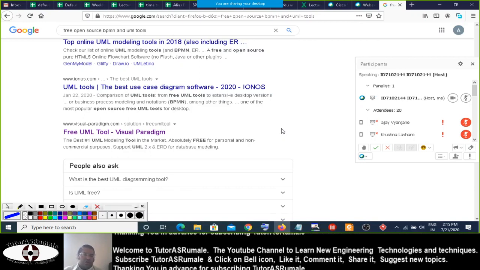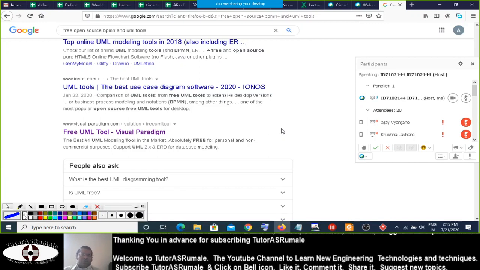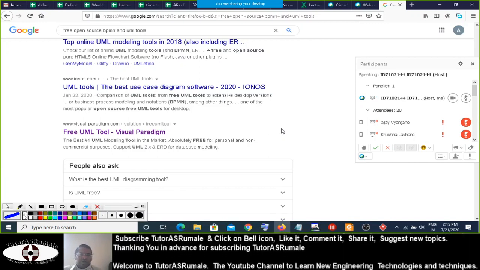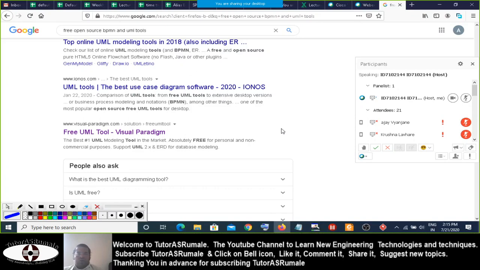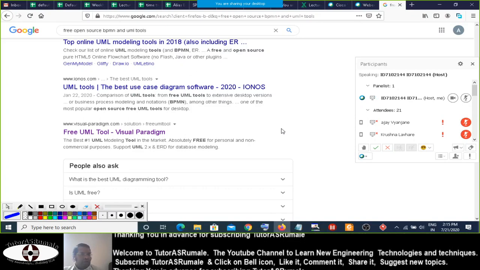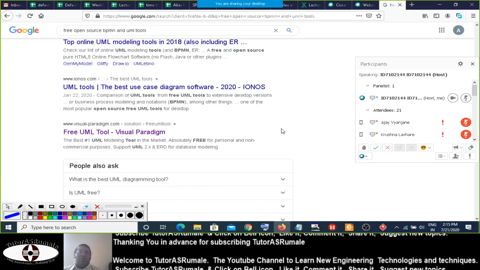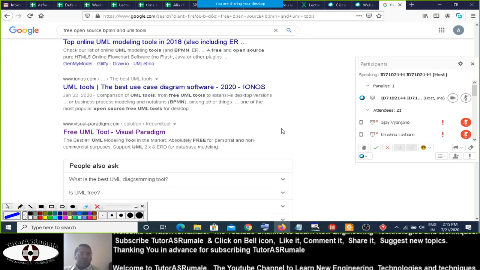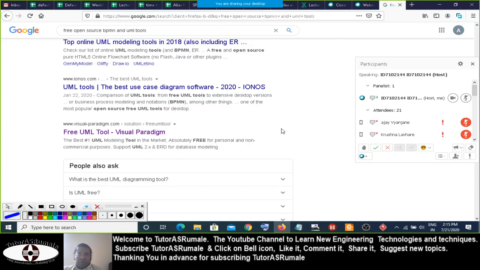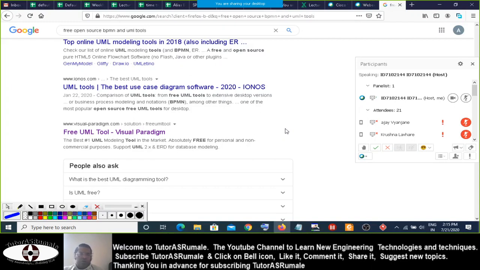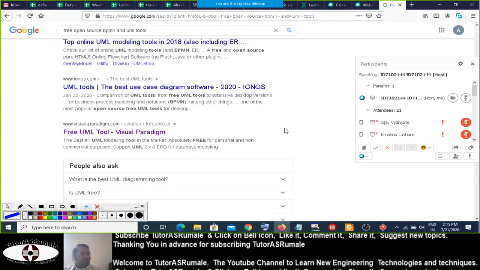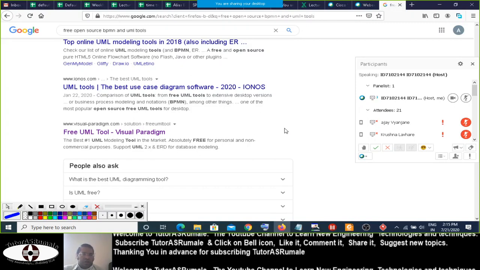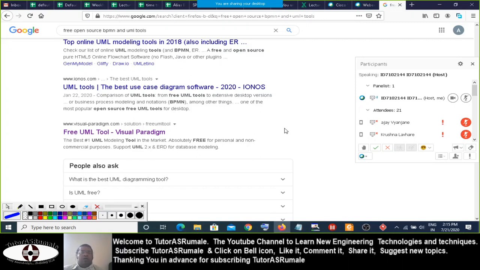We are not going for the commercial version, but if you go to Visual Paradigm, you will find it is very easy to use, and you can create the use case diagram or other UML diagrams for your project, because you require to write down your project reports somehow. You require to go through these two software. So I'm going to execute these softwares, which are already installed on my machine, just to show you what exactly it means.